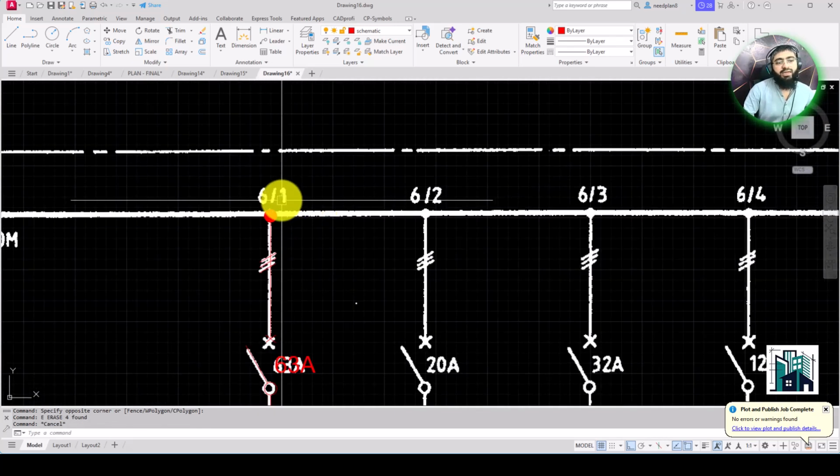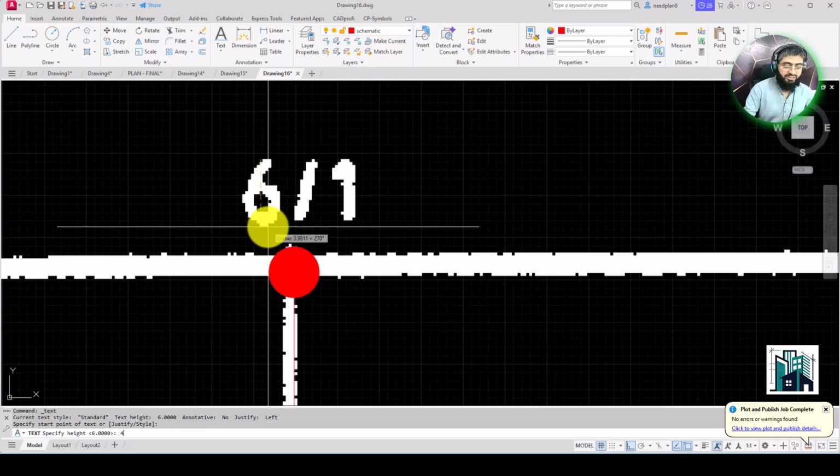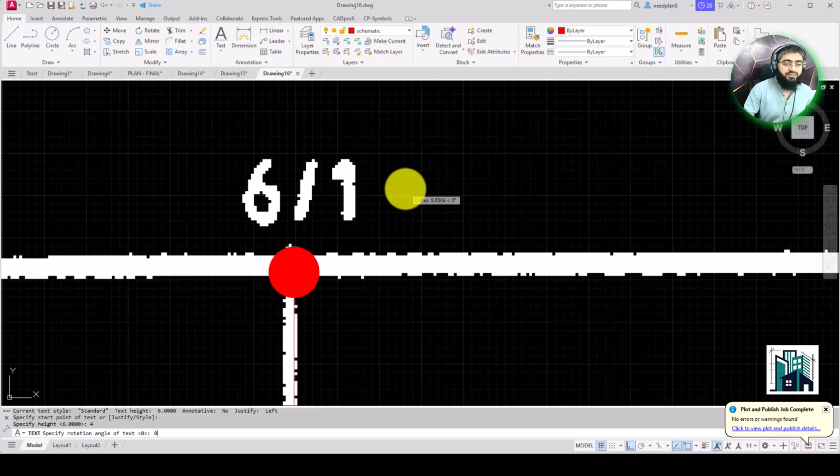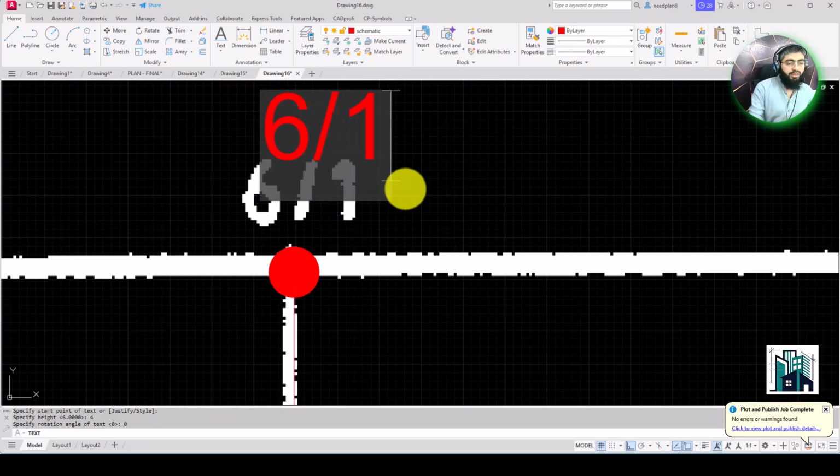So I'm going to write using this text, single line or multi-line. I am going to select single line and then click here and then give the dimension 4 and then give the angle 0 degrees and then write 6 by 1.